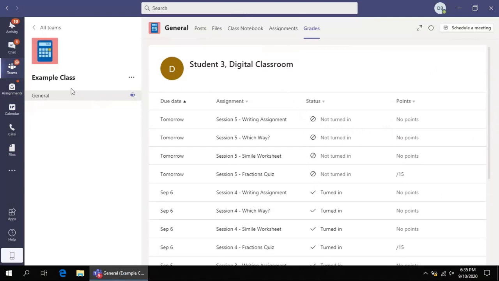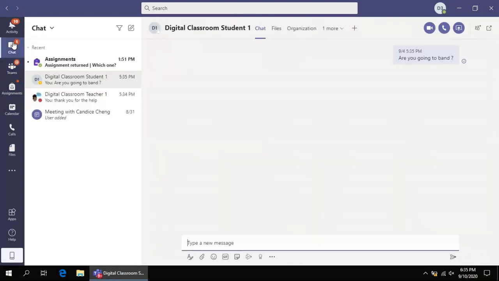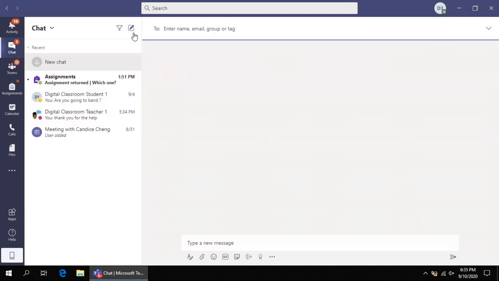So before we get into the assignment section, I want to just go over really quickly the chat feature. If you go into the chat feature, as I said, you could have a running list of previous conversations that you've had with teachers or other students. And then from here, you're able to click on the little pencil icon and create a new message. So if I wanted to send a message to my teacher, let's just say it's an email,